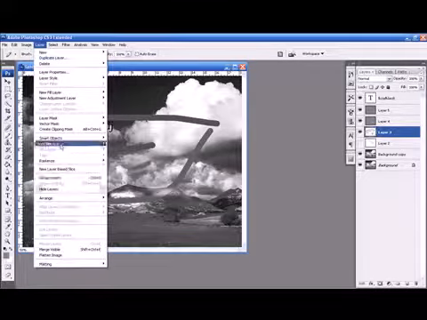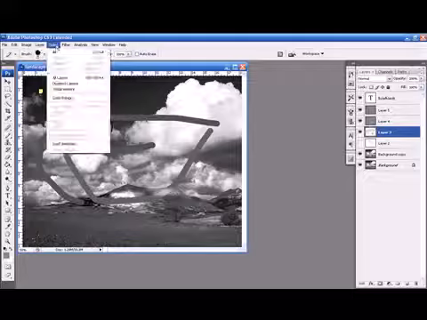Let's see, select. If you want to select the whole image, select all. And if you